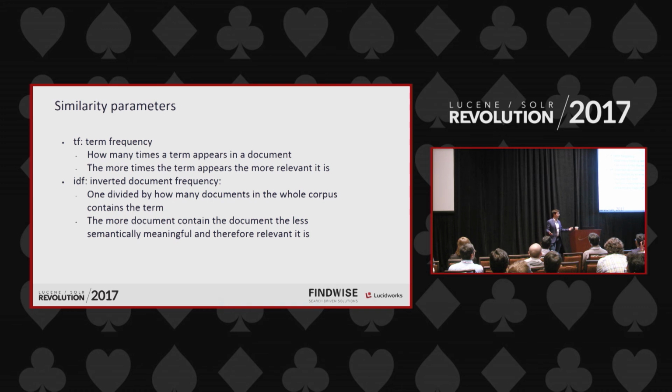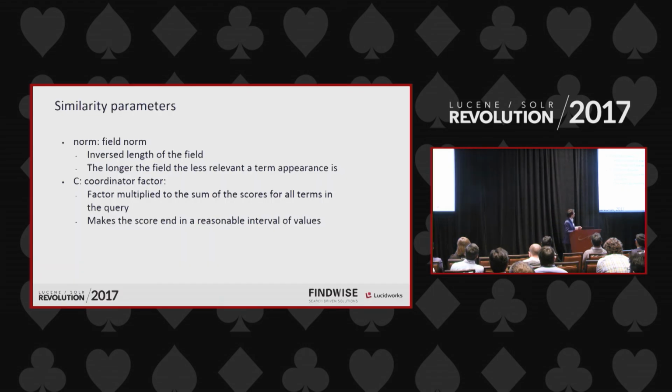And if the term appears in a lot of documents, we are going to say, OK, this one is less important than whatever other more specific term that we have in our query. Then we have a few more parameters, and they are used in slightly different ways depending on the similarity score that we are using.